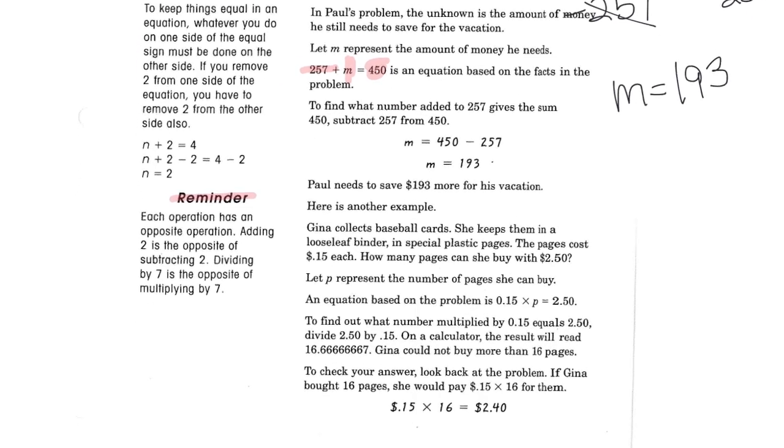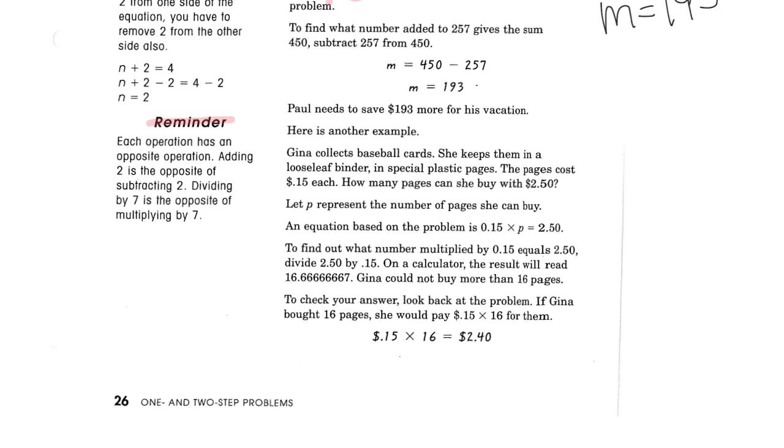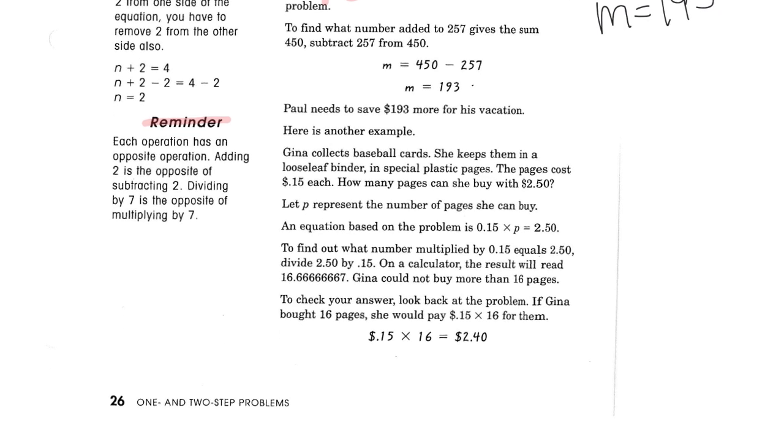So, another example. Gina collects baseball cards. She keeps them in a loose leaf binder in special plastic pages. The pages cost 15 cents each. How many pages can she buy with $2.50? Well, we know it's 15 cents times however many pages to equal 250. So if I box in my variable,